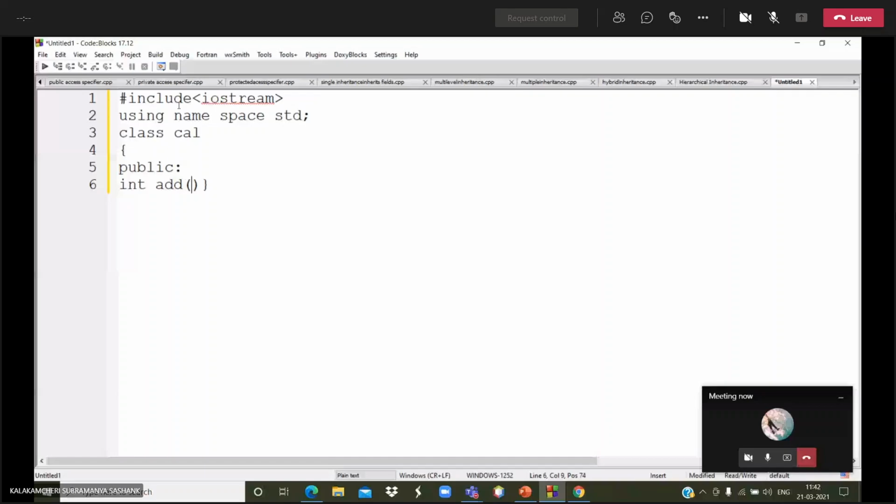I am passing the values of the first function, then I am passing the values of the second function. I am returning the main function.